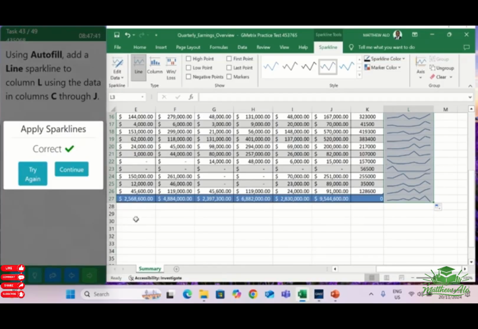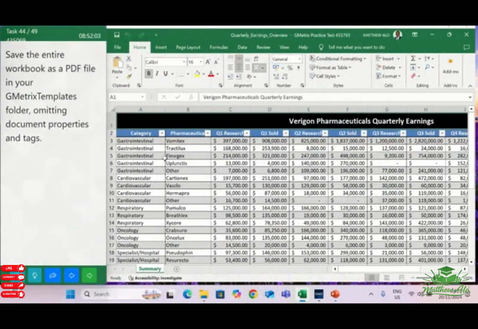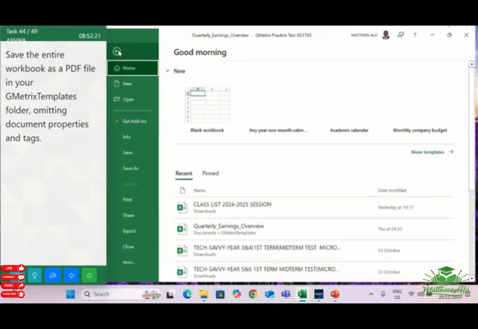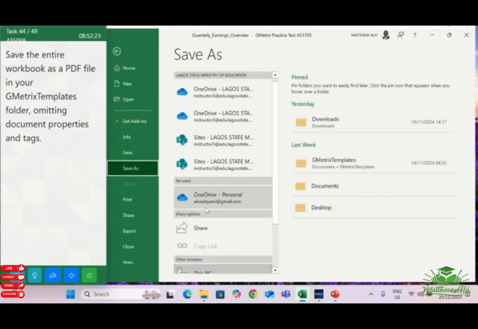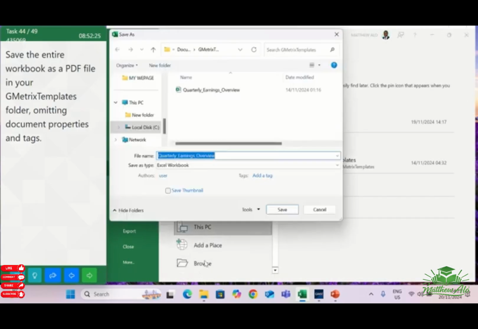Correct. Task 44. Save the entire workbook as a PDF file in your geometry template folder, omitting document properties and tags. To do this, just select the File tab, then select Save As, and then select Browse, and select